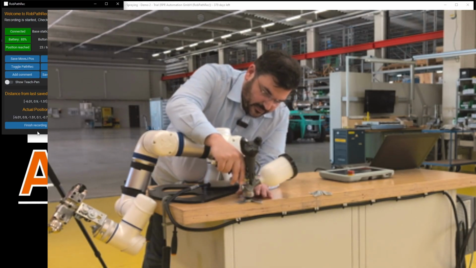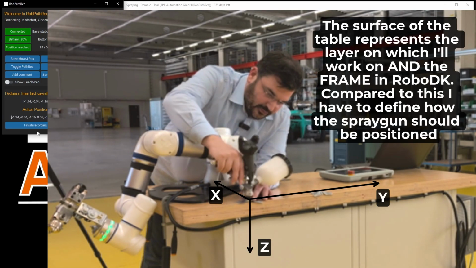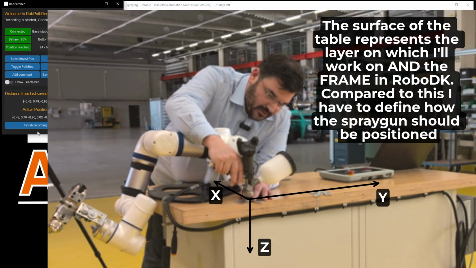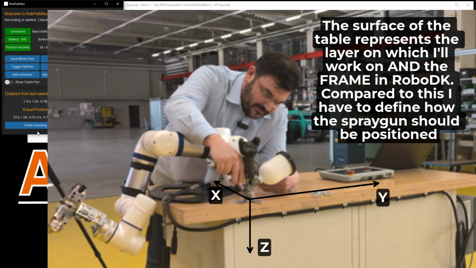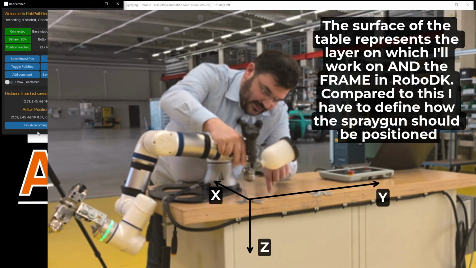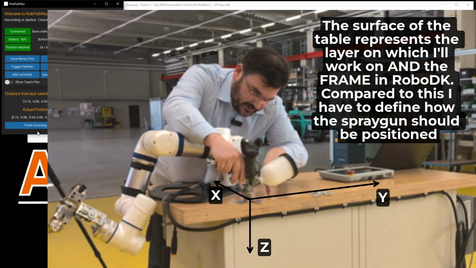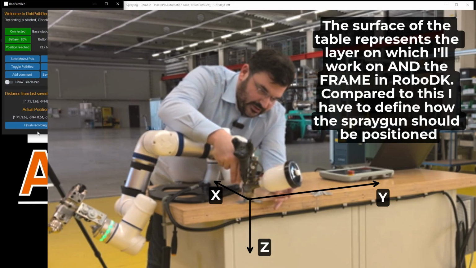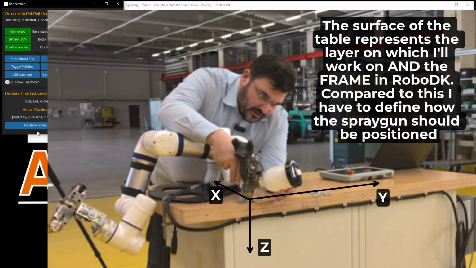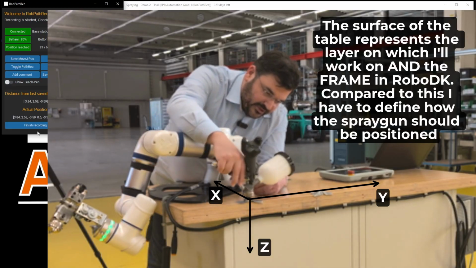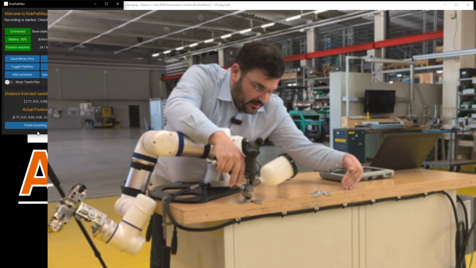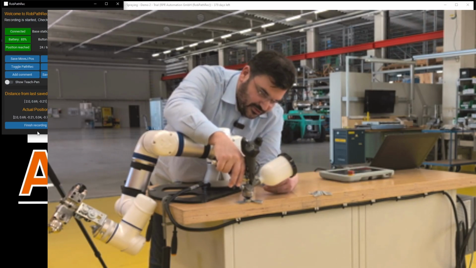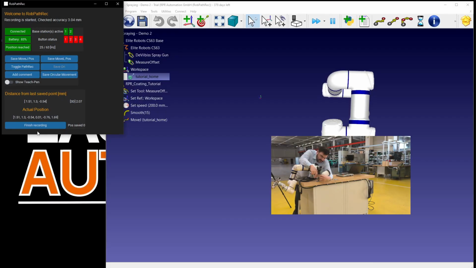So this is very important. We have to come back to the origin point and really have to position our device exactly compared to the surface, exactly as we would like to spray. So this is the Z direction. This must be perpendicular to the table, and with the pen on the top, we have to turn it in a manner that this is absolutely parallel to the edge of the desk, because this is the orientation which I would like to use later on.